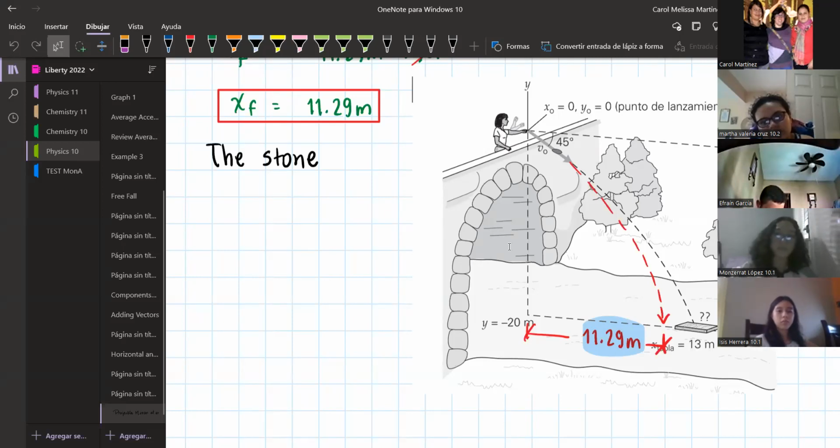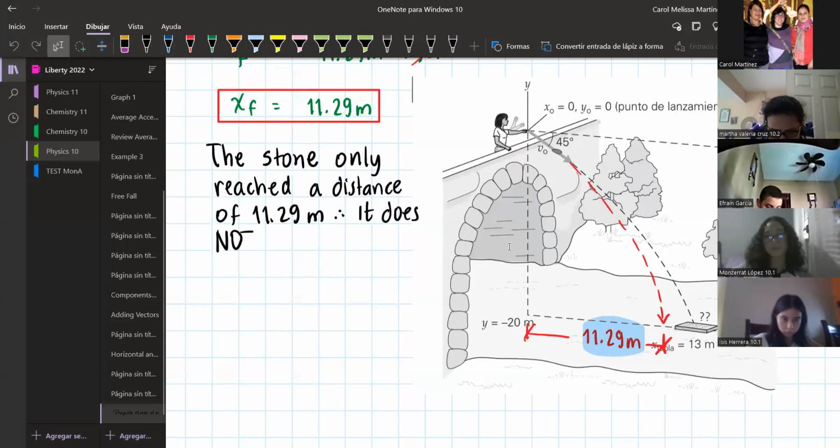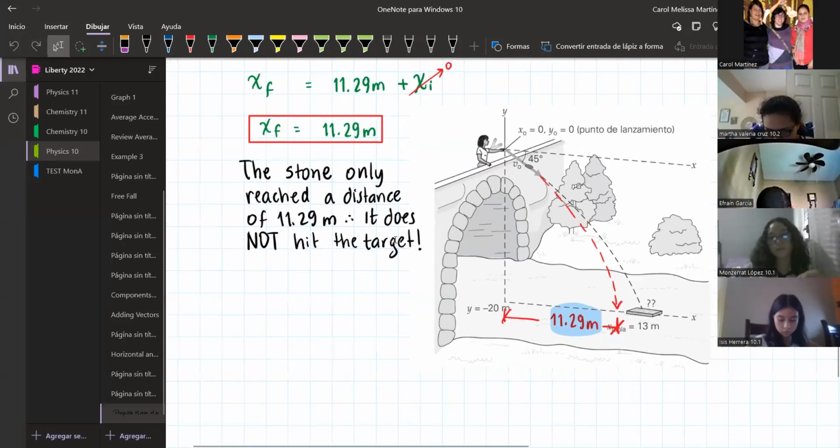So the stone only reached a distance of 11.29 meters, which means that it's not going to hit the target. It does not hit the target. Remember, in the end, it's not just an answer. We need to analyze what we